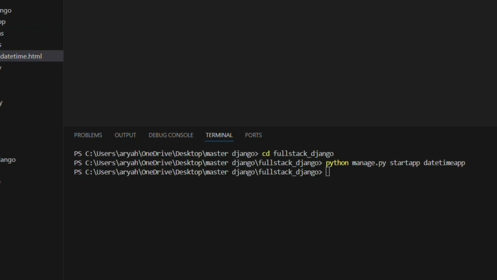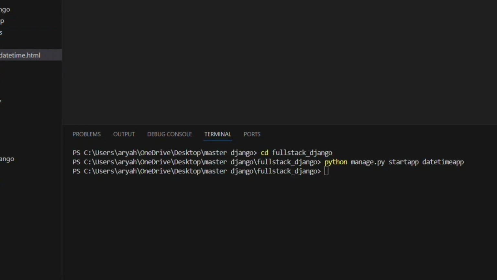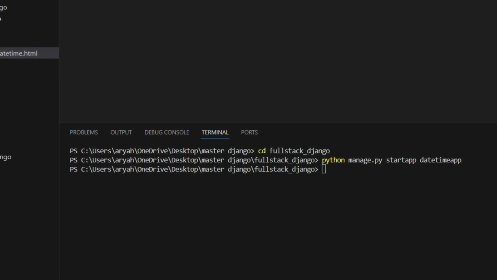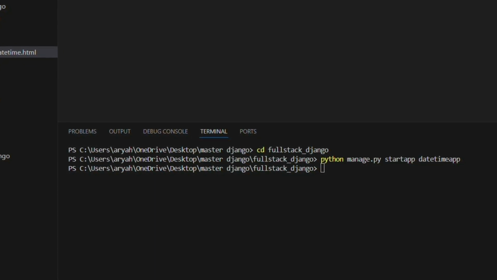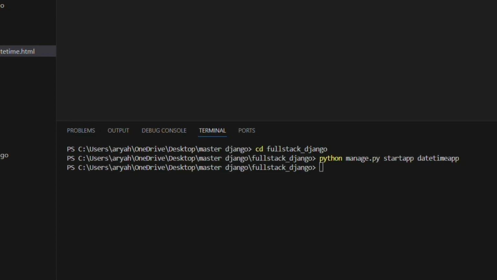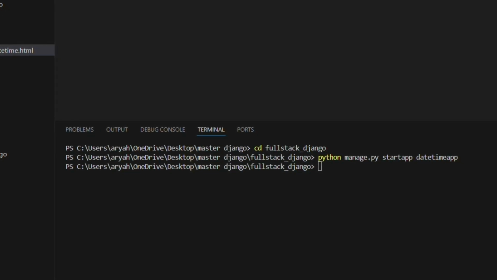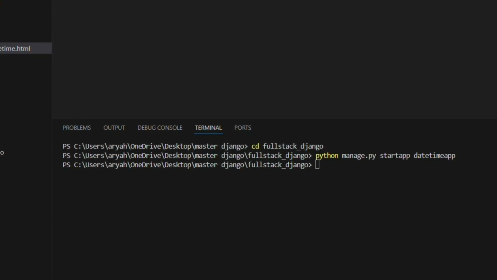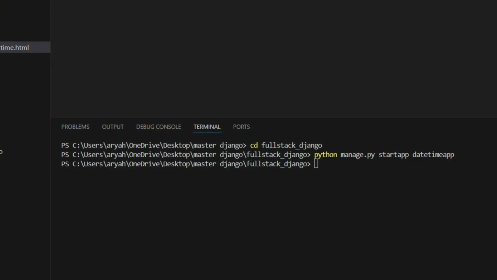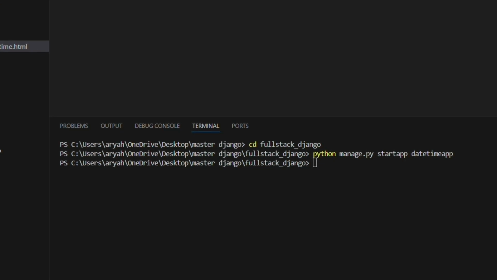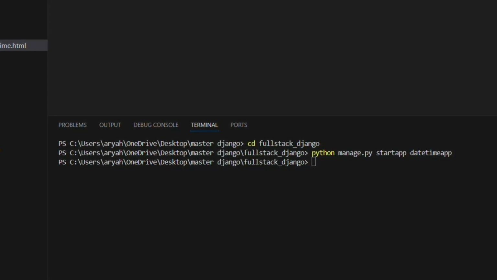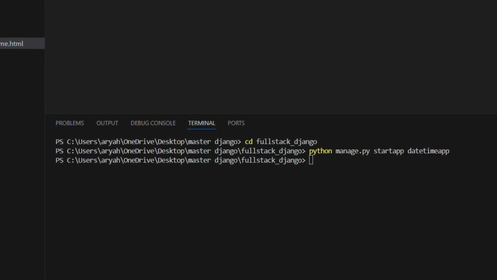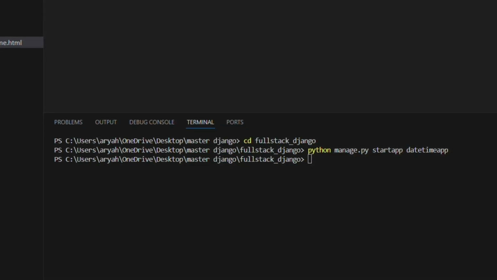I typed basic HTML, but in my case I used Bootstrap advanced level HTML. For that purpose I use Bootstrap. If you know Bootstrap fully, then only paste this. I provided the HTML page. If you know fully Bootstrap or a little bit of Bootstrap, type the basic HTML showing the current date and time of the server. Okay, I know full Bootstrap, so for that purpose I already created the HTML files also,